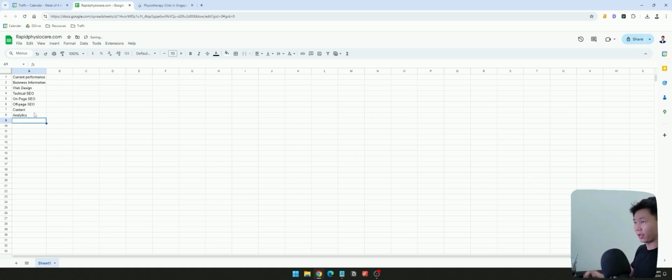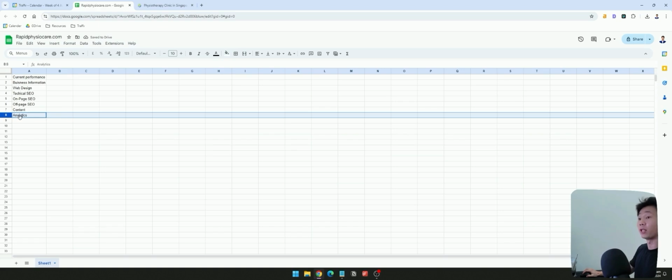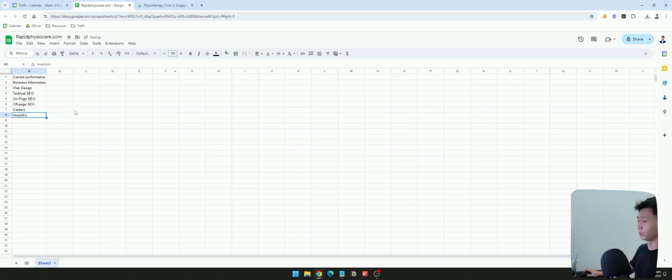But because we don't have analytics access, I don't think it's very relevant, because we are doing this for a completely random physiotherapy website, right? So this is where, when you're coming up with an SEO strategy, you cannot just take an SEO strategy that has worked before and apply it to every single type of business that you see, because even though some of the frameworks that used to work in the past may work, the business is entirely